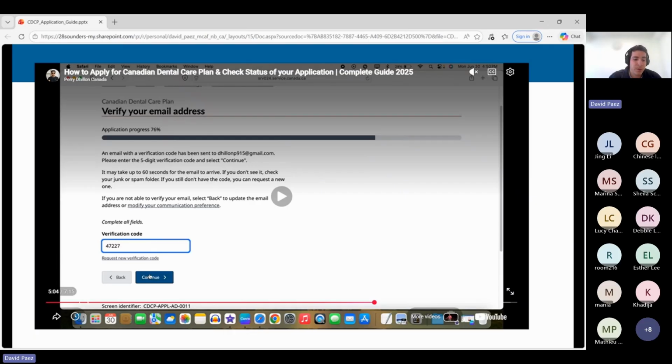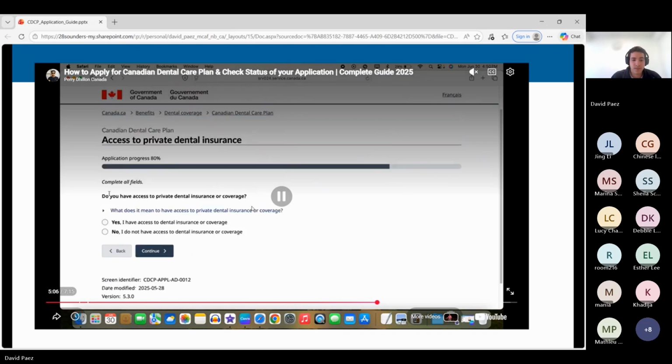You will have to copy the verification code and paste it in this field. Once you have completed the verification of your email, indicating that that is the email that you would like to use for communications and that the email exists,